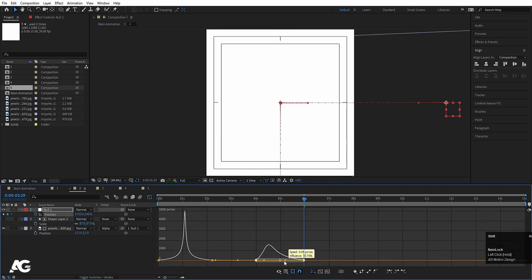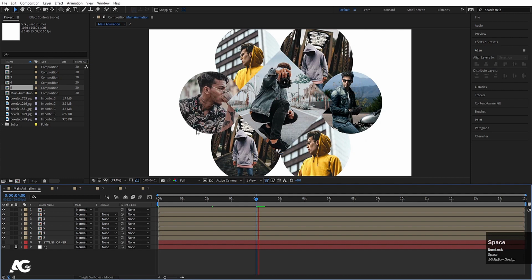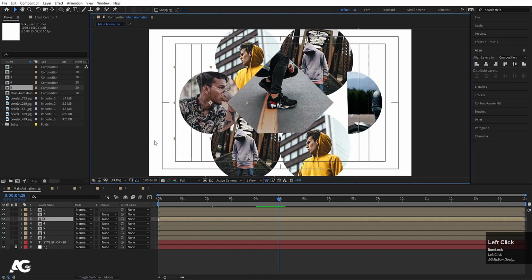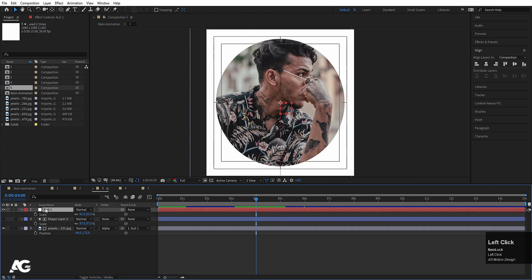By holding shift, move this handle over here and this handle over here, like that. So if you see, we will get something like this. Now we have this 2, which is in our third one. Go to the 4 second, select this null object, press P for position, create one keyframe over here, go to